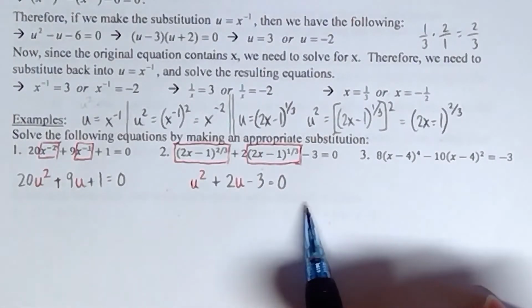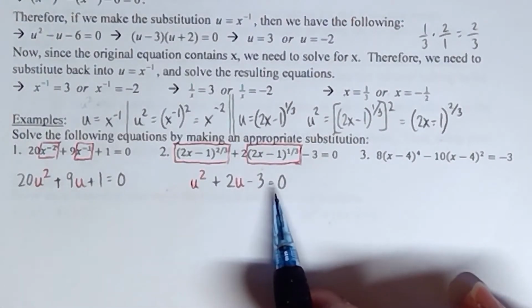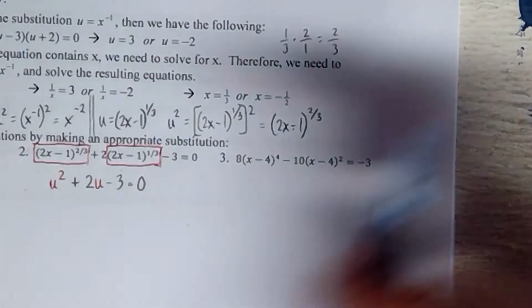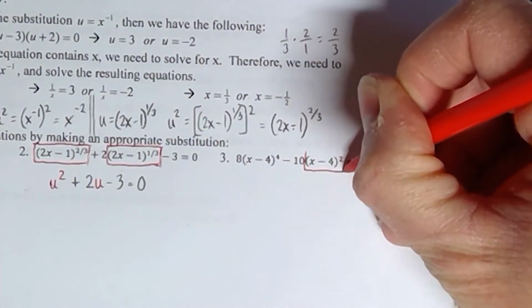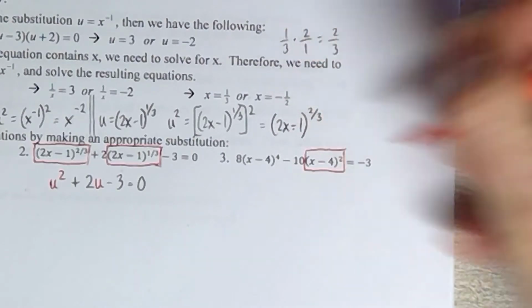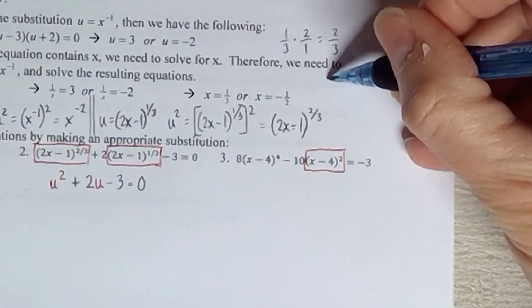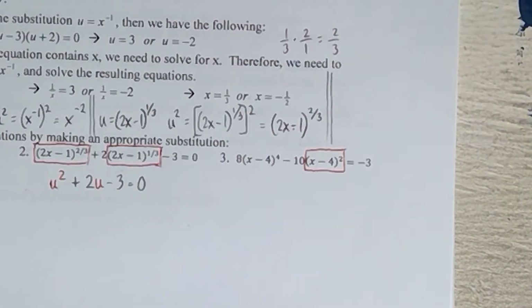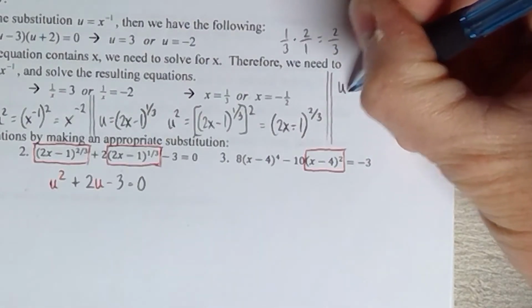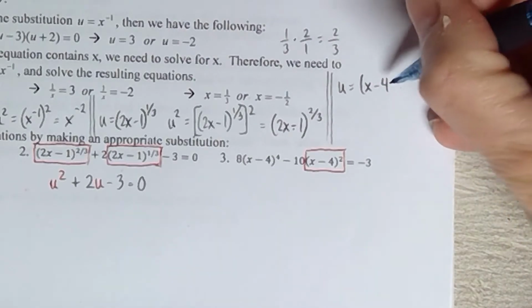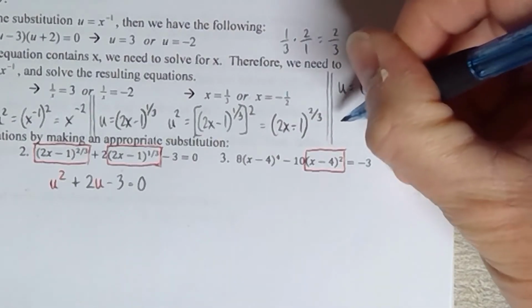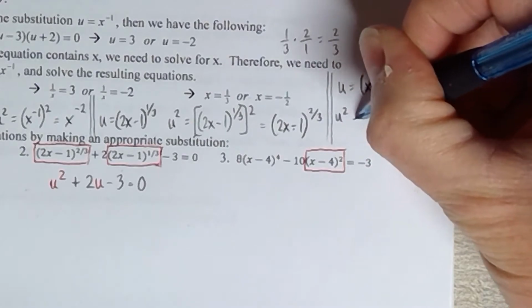So once again, you can see that this now looks exactly like a quadratic equation. Okay, let's do it one more time, and then we'll start solving these problems. Notice here that if I choose this thing to be my u, if I choose that thing to be my u, I'll write it down right here. Very similar to problem number 2. Okay, if I want to figure out what u squared is equal to,